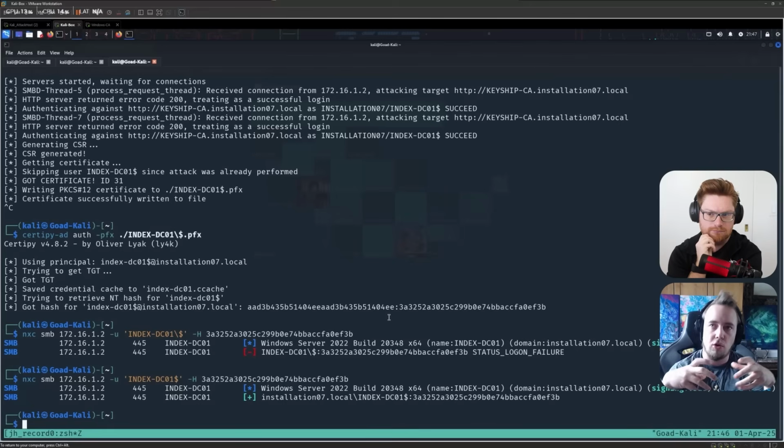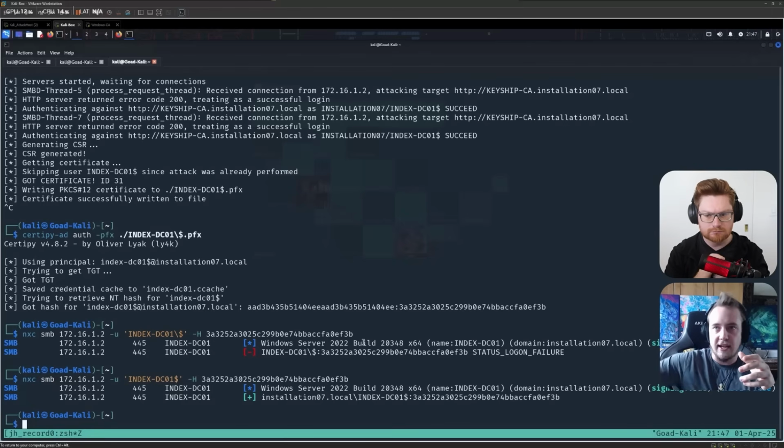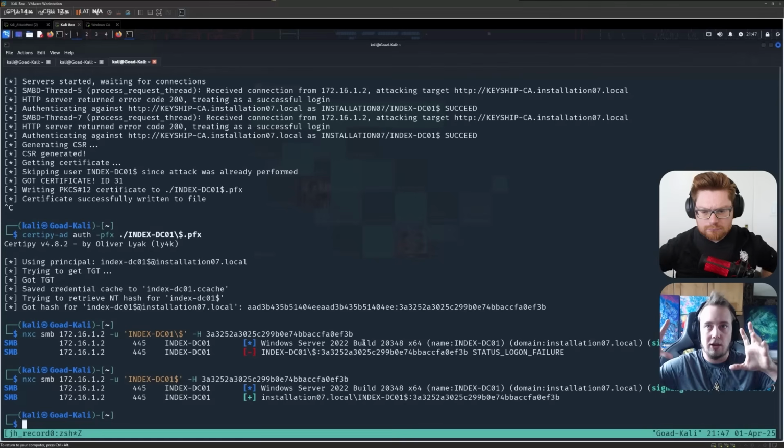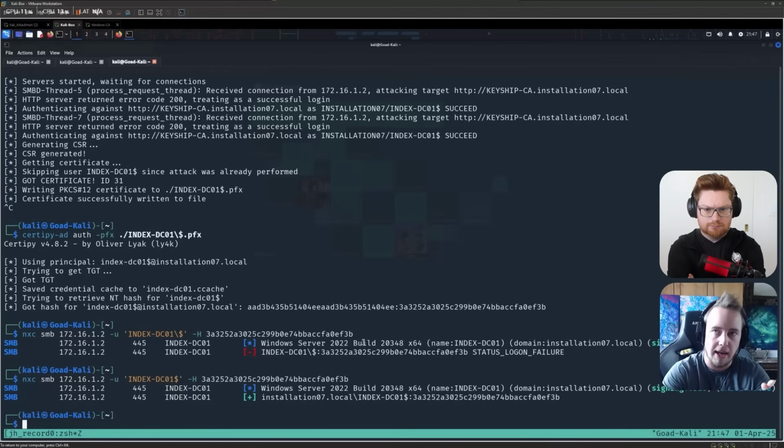When you have two domain controllers in an environment, and I create a user on, let's say, index DC01 right there, but I have another domain controller across the world in another office, they need to sync up the fact that that new user was created on DC01. That syncing is done using a domain controller sync using those machine accounts. So essentially, a domain controller's machine account can log in to a domain controller and say, hey, can you send me a copy of all of the configuration settings? That way I can have the latest copy. Now, it's a bit more complex than that with schema masters and things, but the gist of it is